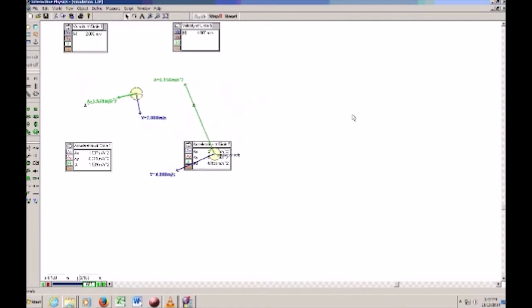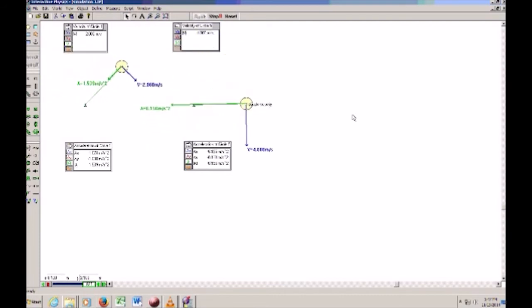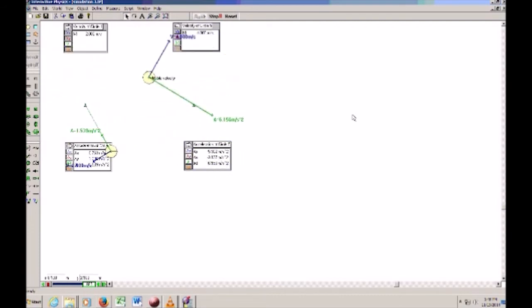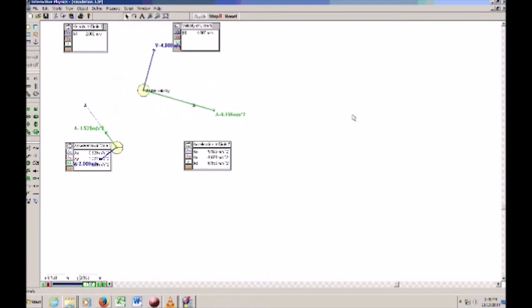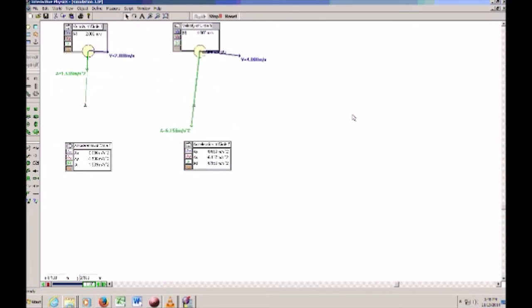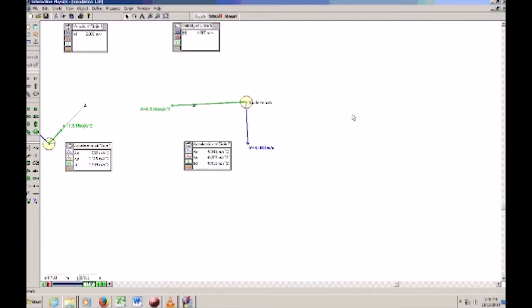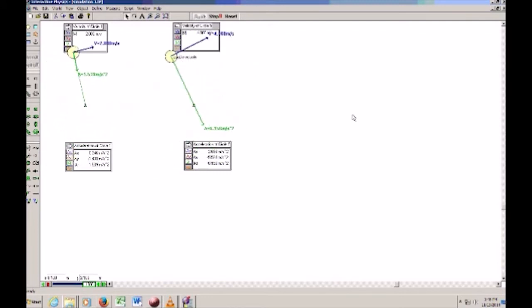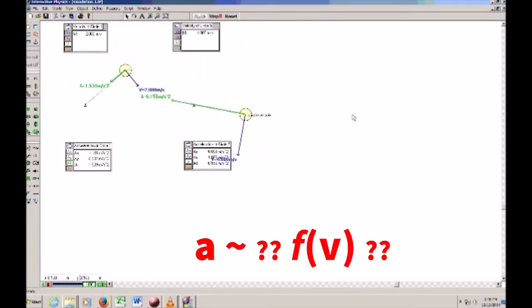Next it asks, does the acceleration vary directly or inversely with speed? And I'll warn you that as worded, that's a bit of a trick question. So maybe go back and look at what the equation is supposed to be in your pre-lab and then figure out what the trick is. So is acceleration, does it vary directly or inversely with speed? And there's a bit of a subtlety there that you might miss. The last one is, based on the simulation, suggest an equation or proportionality statement that relates acceleration to speed. So what you would do is you'd write A for acceleration is proportional to, and then you write some function